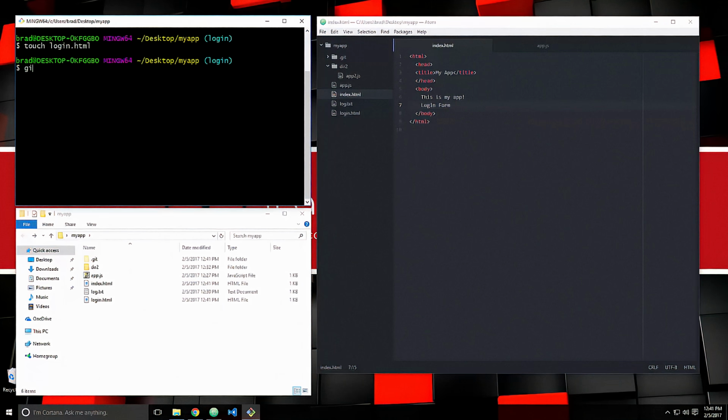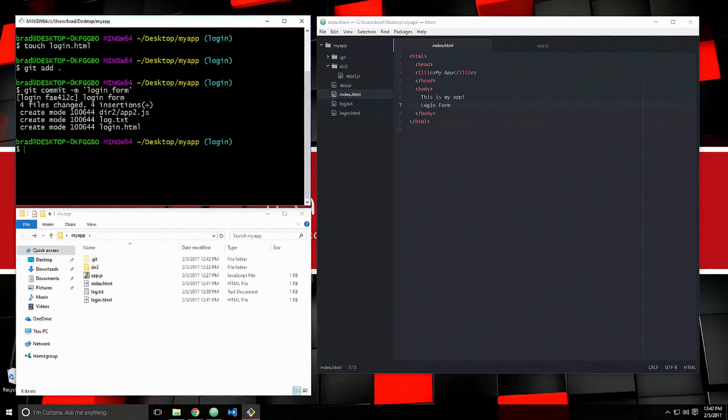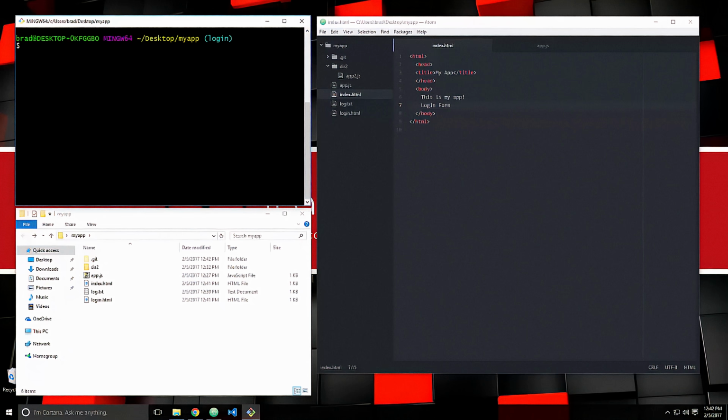Okay, and then let's say git add all, and then let's commit it, commit -m, and we'll say login form. Okay, so now let's go ahead and switch back. Now when I do the switch, watch the login.html. So git checkout master,